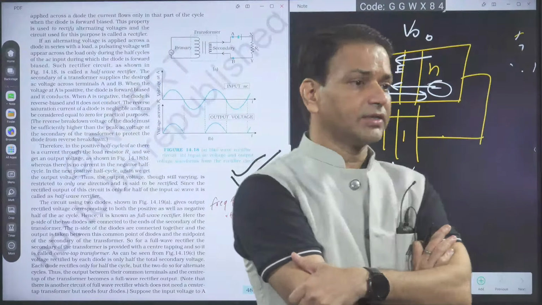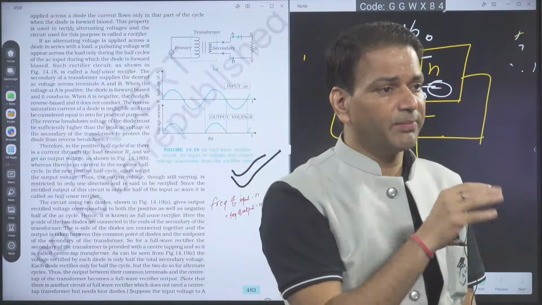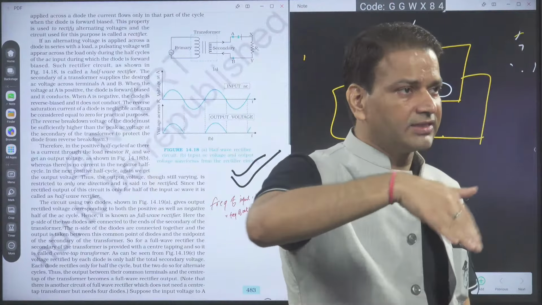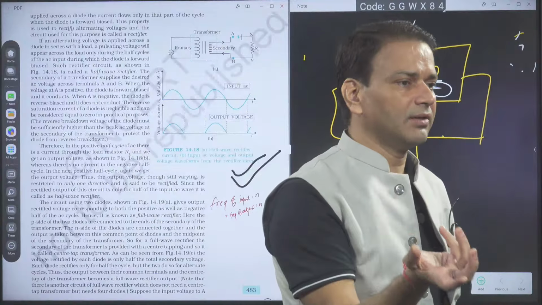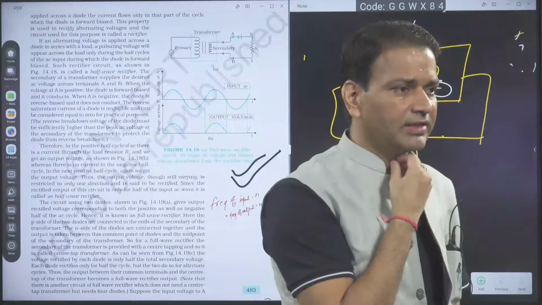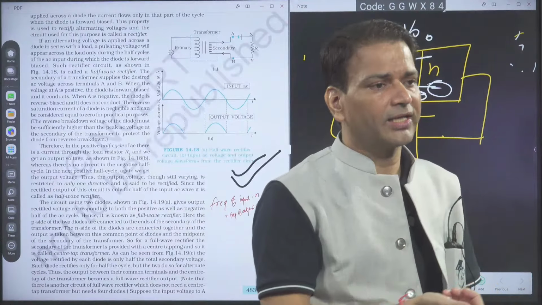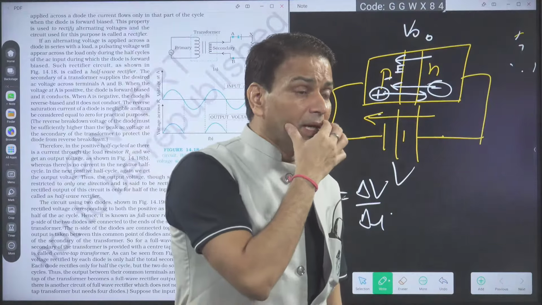So in AC we know that alternate positive and negative cycles are there. What is the meaning of alternating current? For a half cycle, suppose current is flowing from A to B, so in the next half cycle current will flow from B to A. So current is bidirectional. That is, the current is changing direction after a regular interval of time. Then that current is called the alternating current in the simple way we can say. Or the voltage is changing polarity, then that is alternating. Direct means what?